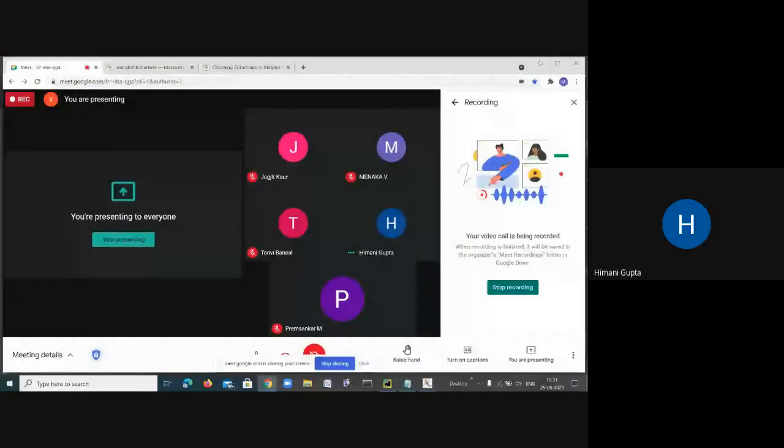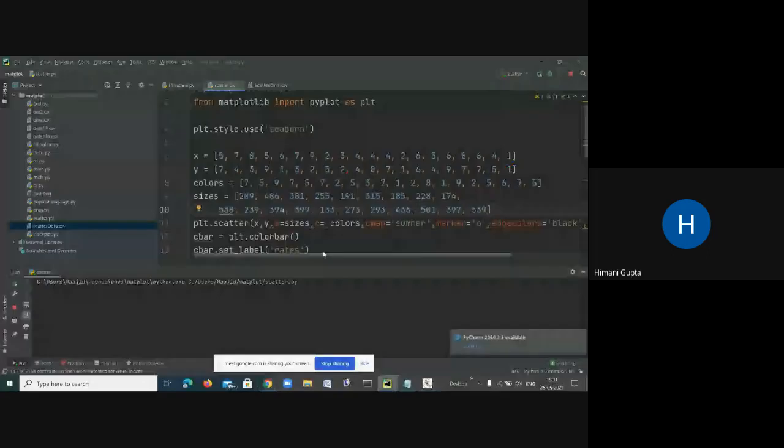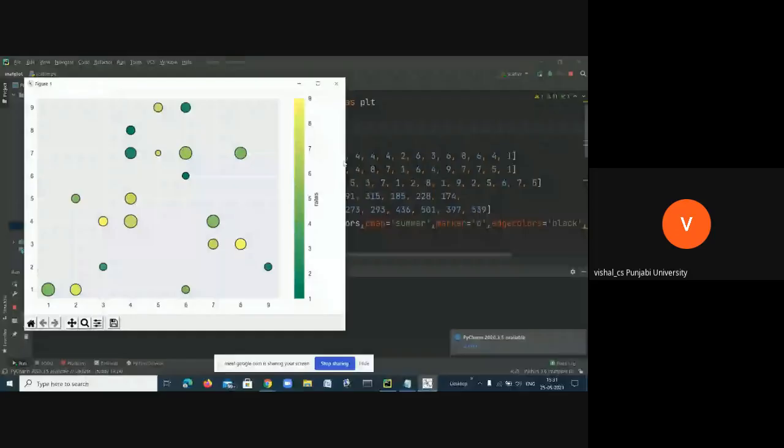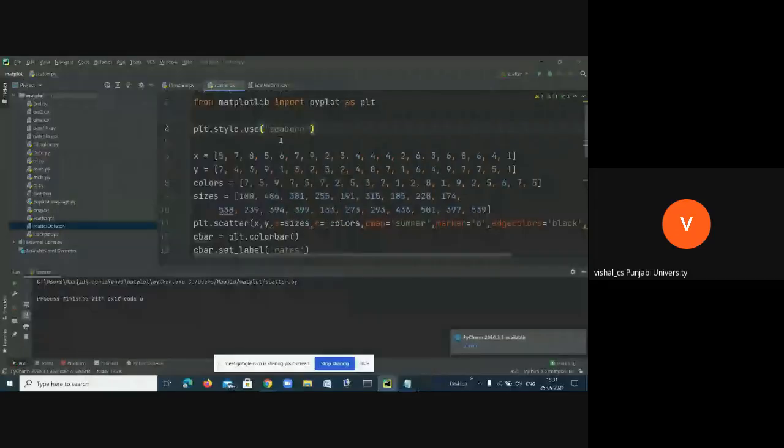Sir, I gave 100, then 101, 102, like that. Let me check. It cannot give an error. The only thing is you have to give 5 elements, corresponding elements in X and corresponding elements in Y. Not more than that, not less than that.